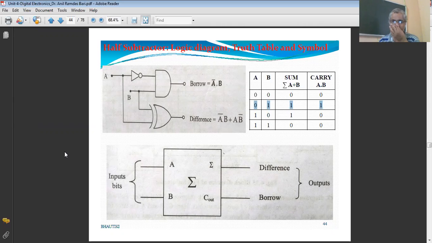Now there are some situations where we are required to subtract 3 binary digits, because the third binary digit may be produced due to the LSB subtraction or from the higher column subtraction. So similar to the adder,